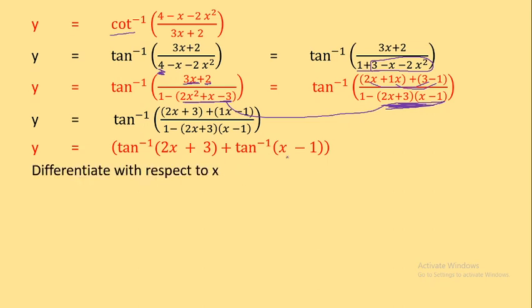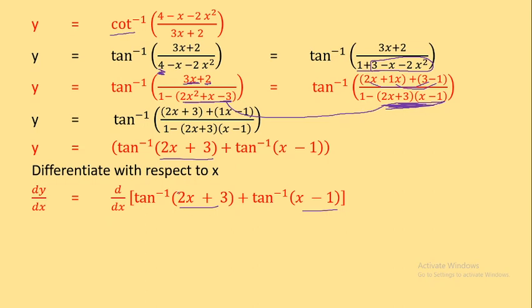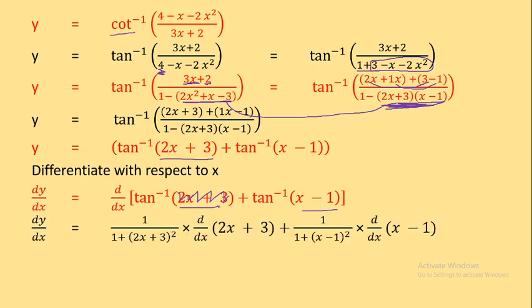Next is to differentiate, that is, finding the derivative. So the derivative of tan inverse of 2x plus 3 plus tan inverse of x minus 1. We all know that instead of x you have all this term, so we have to find the derivative of 1 upon 1 plus x square, and then whatever is there in the bracket, I have taken here as it is. And then whatever is there in the bracket, you have to take the derivative of that again.